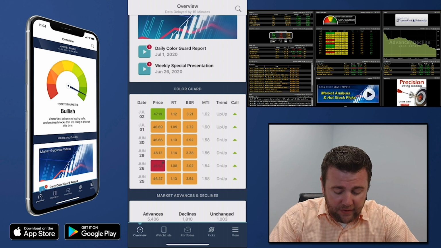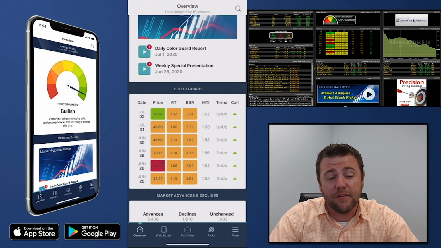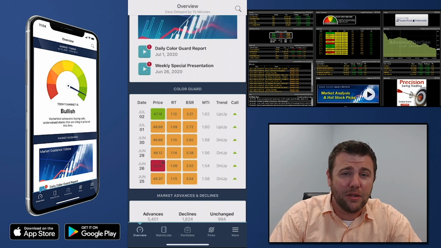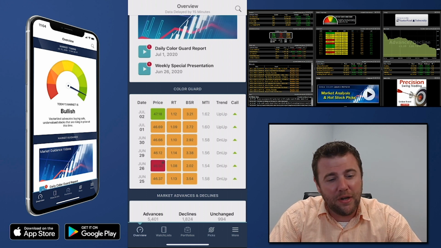So the first thing we always take a look at is the price, which is the price of the VectorVest composite. Now, the price of the VectorVest composite is an arithmetic indexed average of all the stocks we track for that specific market. Today, we are going to be looking at the U.S. market, but we do have some